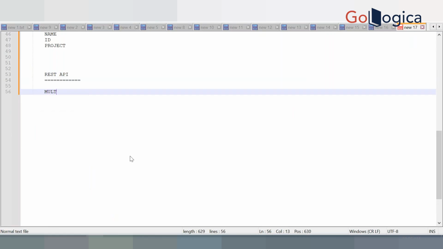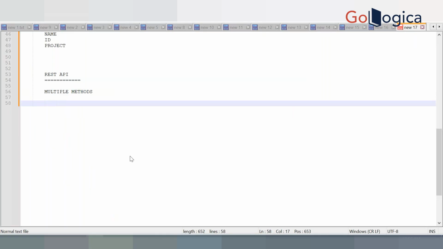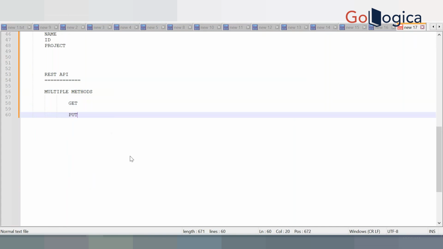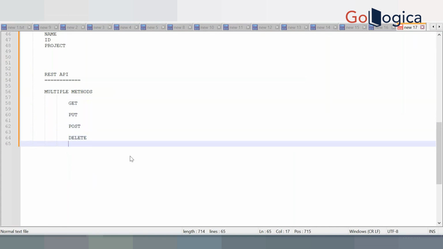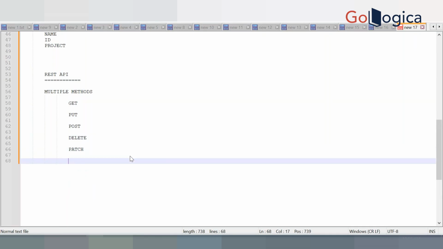REST API has multiple methods: get, put, post, patch.